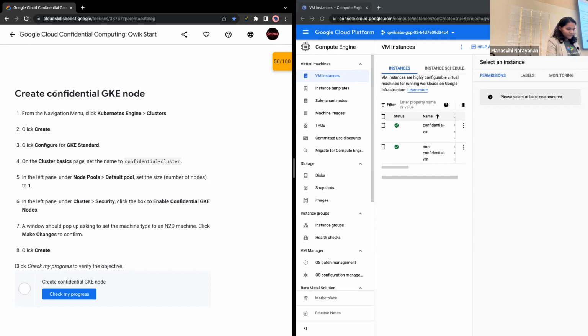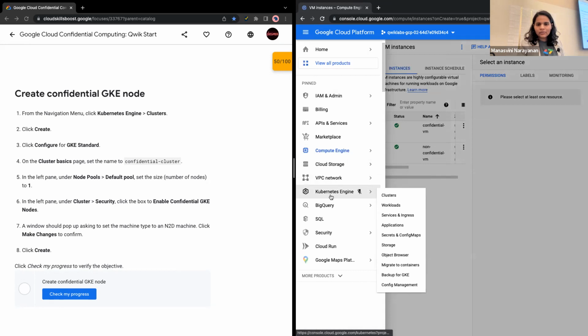So let's go ahead and create a cluster. Go back to the navigation menu and click Kubernetes engine. You might ask me what Kubernetes engine is. It's a system that hosts these applications, and it has Docker applications and containers, as Shyam explained to us. Cloud computing works on containerized applications, and that's how it achieves confidentiality, because one container is not given access to the other container.